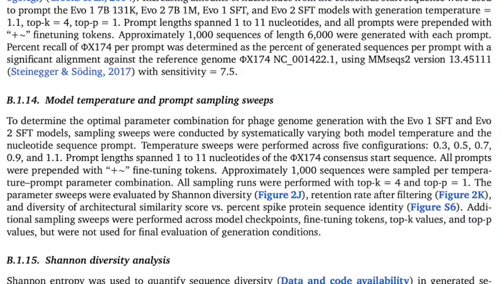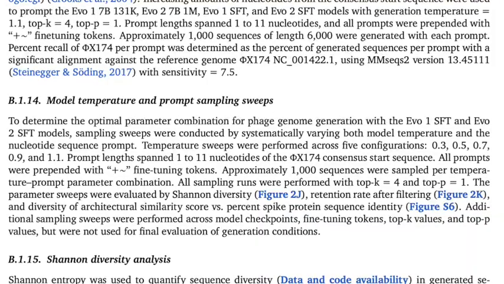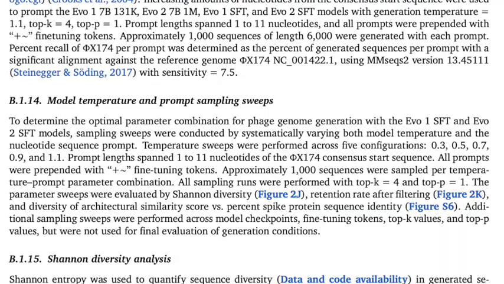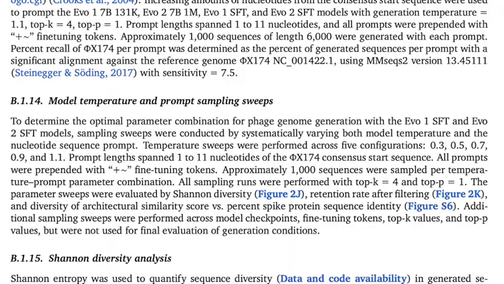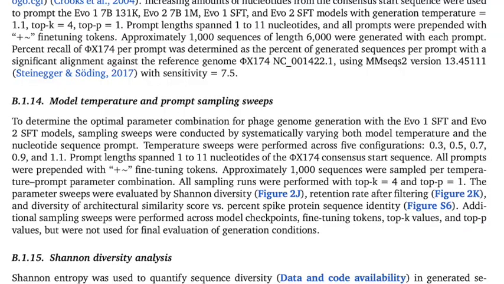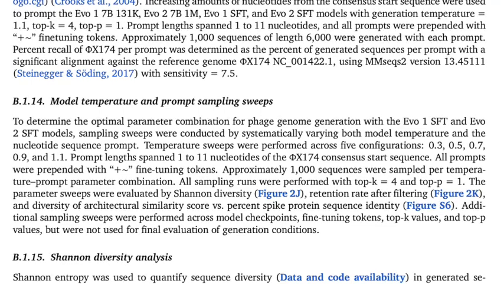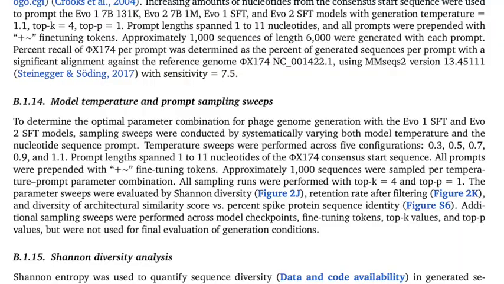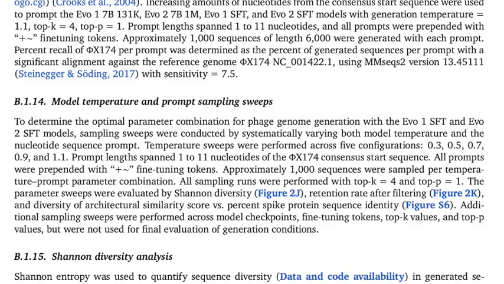Standard gene annotation tools, they tried 6 different ones, failed to reliably annotate all 11 genes. So the researchers actually had to build a bespoke, specialized CDS prediction method tailored only to PHX174-like sequences, just to establish the necessary gene-level constraints for the model. But that level of specialization, I think, reflects the unique complexity of the target organism, PHX174, not some fundamental flaw in the model's core generative power. I actually view the methodology as a strong demonstration of steerable user-specified constraints. That's exactly what you want from a high-utility blueprint.